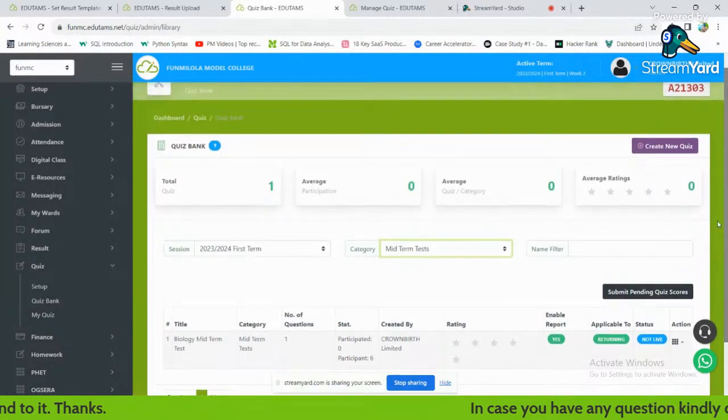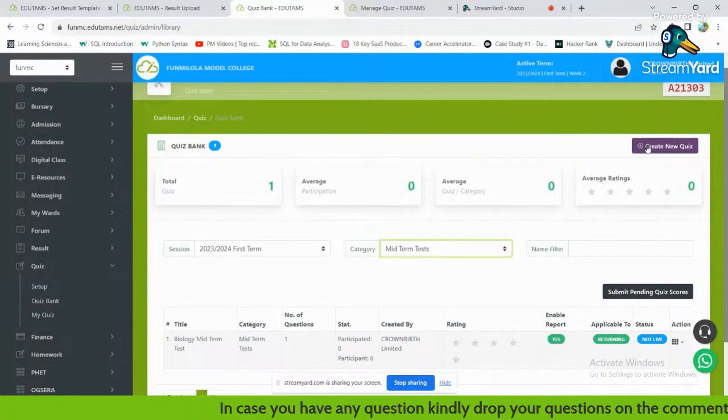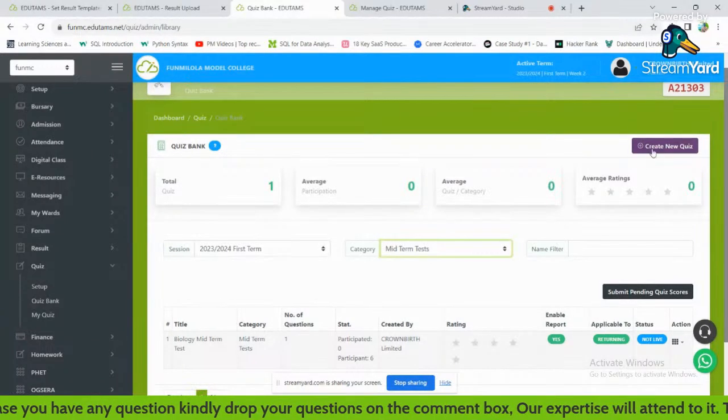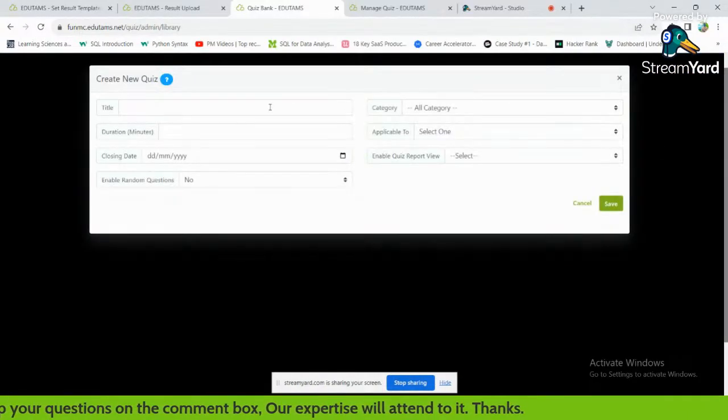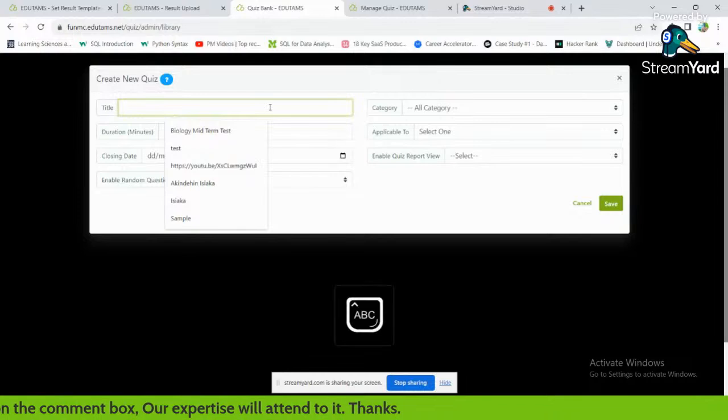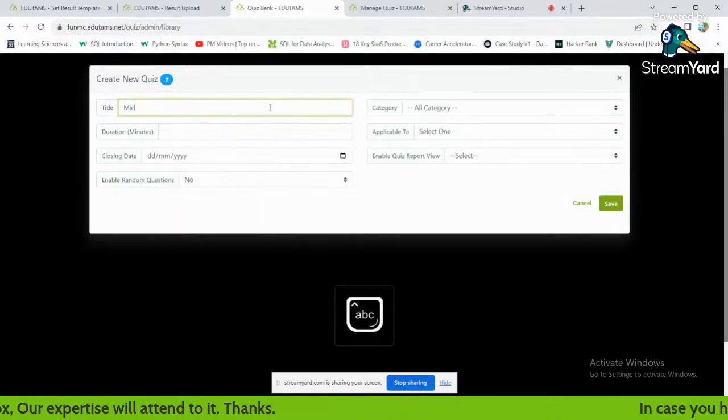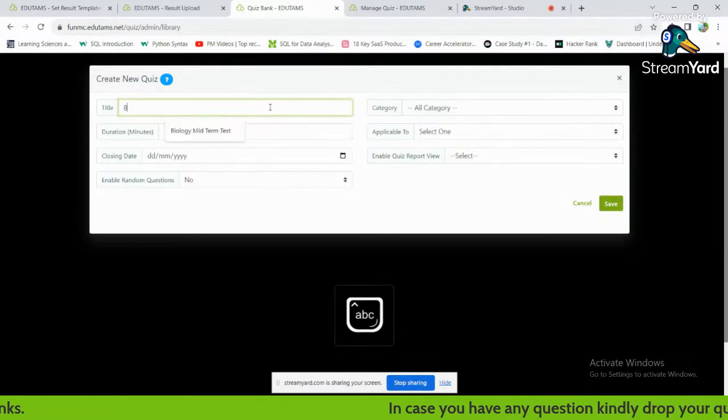So for example, if I'm a teacher and I want to set assessment, I want to create online assessment, I just need to come here, whether as a teacher or you as the school portal admin. So just click on the create new quiz. Once I click that, I can now click on what's the title. So let's say midterm test, or biology test, for example. Let's say biology